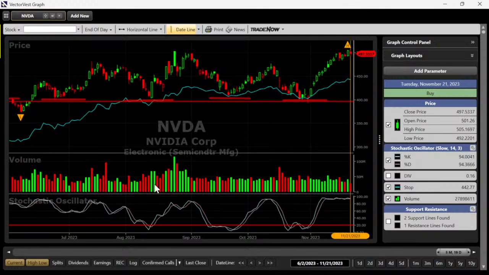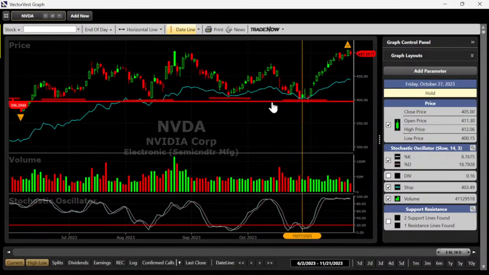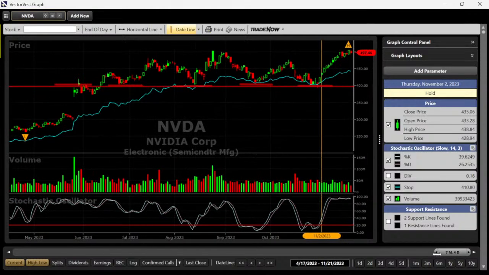Look at the stochastics oscillator. At those support zones, you can see how stochastics went below 20, crossed above 20, there's your buy. Here's your support zone. Stochastics went below 20. You're not buying it yet. You're waiting for it to cross above 20. There's your buying zone. Price rallied again, failed to make a new high. You look to take profits if the stock price pulls back. You look for another buying opportunity if it falls back to 400. It did again. Stochastics goes from below 20 to above 20. There's your recent buy. I would love for it to come back. I don't know if it's going to.